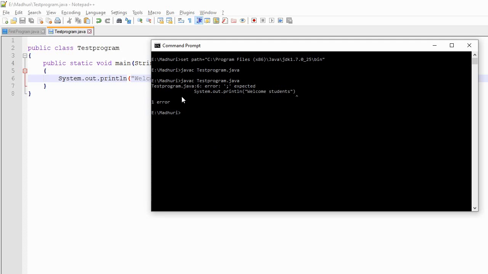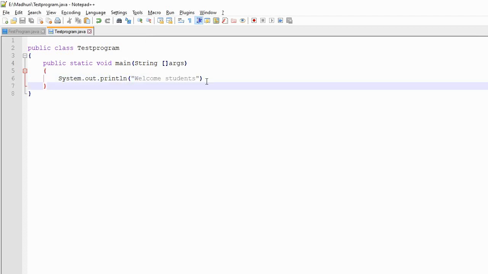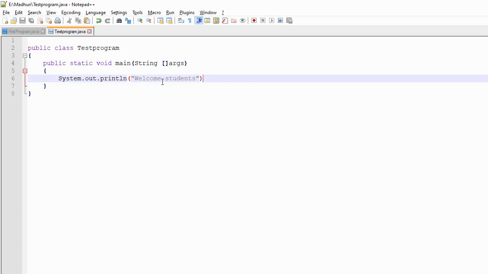The error is in file testprogram.java at line number 6, and the error is 'semicolon expected', in this line. So everything is given to you: which file, which line number, what is the error.